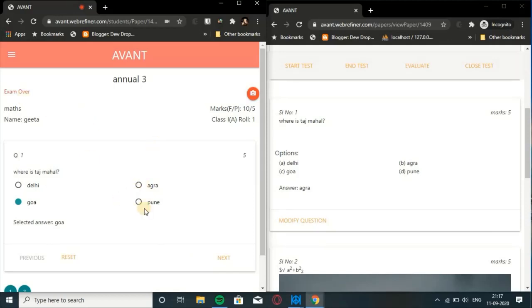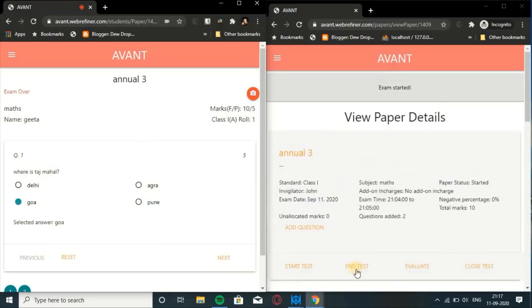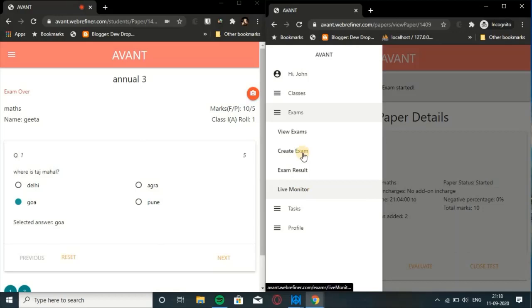So this is how you create an exam. So after this, the teacher can end the test. Let's just end the test. Before ending the test, I can show you, if the teachers want to see the students, the live monitoring part, they can just live monitor the students here in the view actions, in the examination portion.